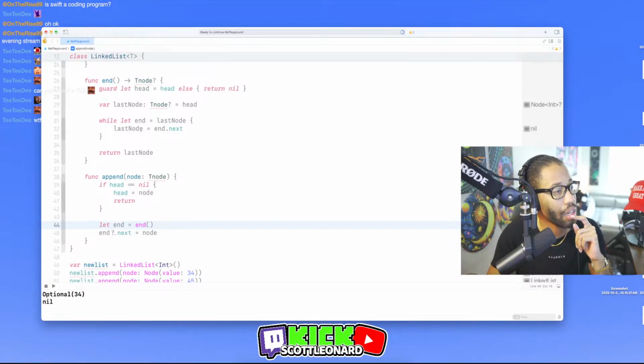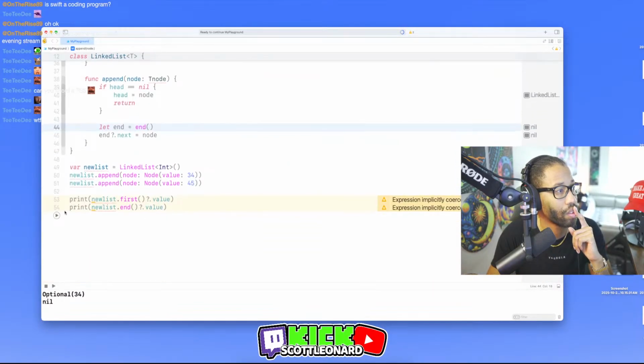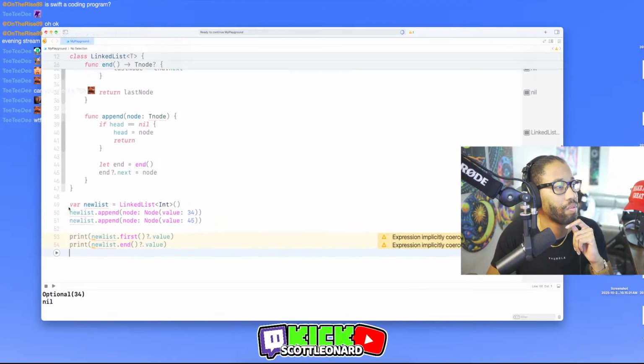Because end is not going to be nil. End.next should equal node. I feel like this should work. Maybe I'm misunderstanding something here, or maybe I made a mistake somewhere. Right?